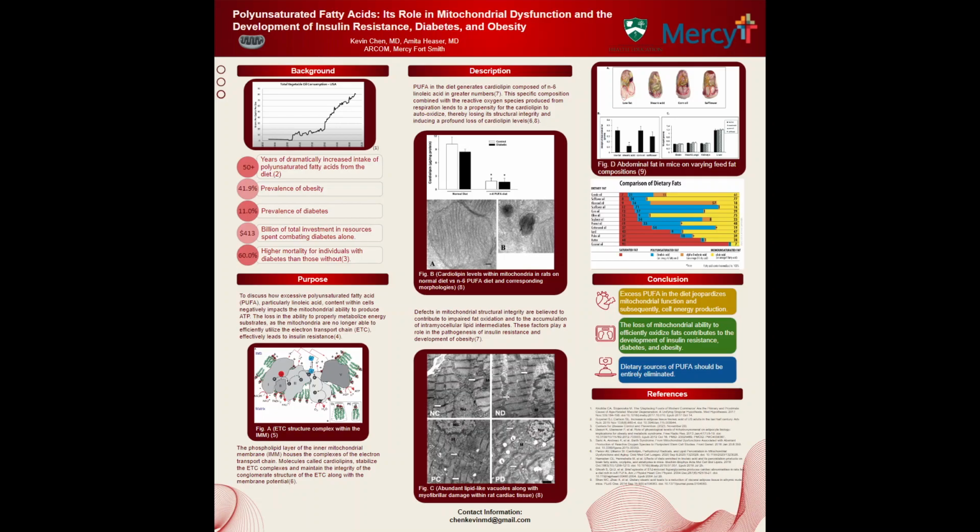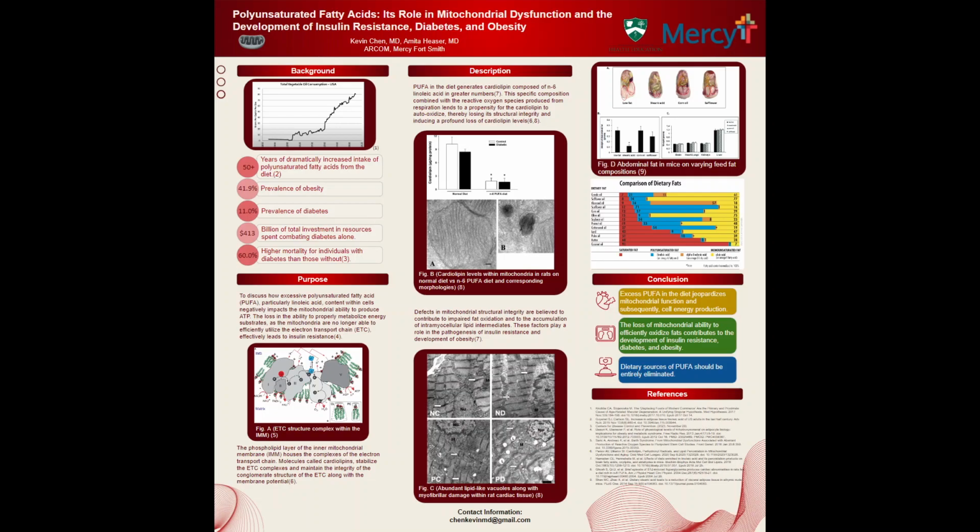It needs to be stressed that mitochondria are subject to these processes only with PUFA present. The loss of cardiolipin renders mitochondria severely damaged, incapable of properly and efficiently oxidizing energy substrates. This results in the accumulation of intracellular lipid intermediates, like in the cardiac muscle of these rats as depicted in Figure C, which here I want to emphasize that the damage occurs independently of ischemia.